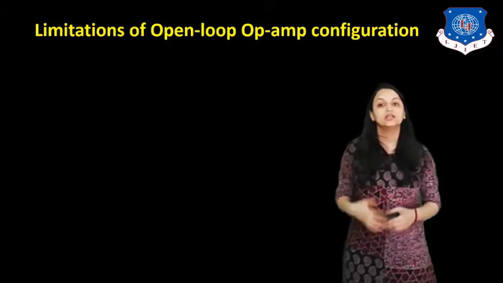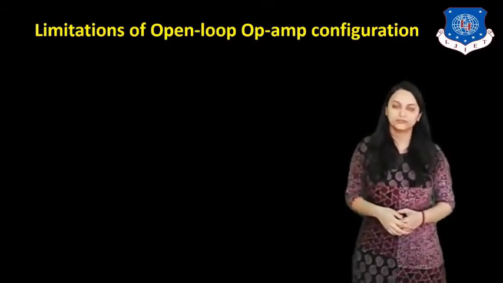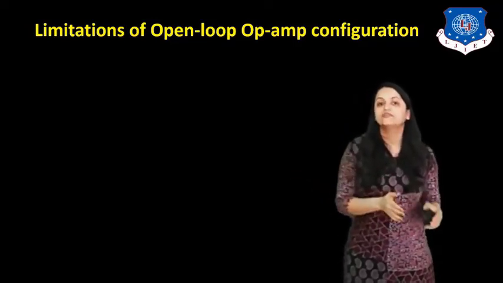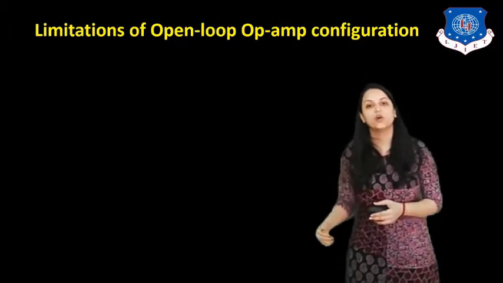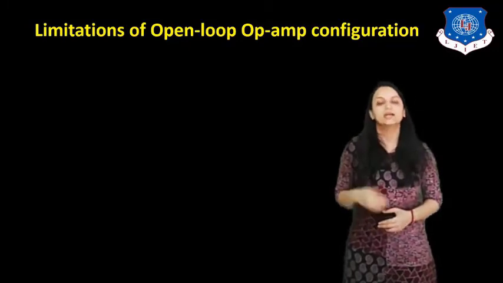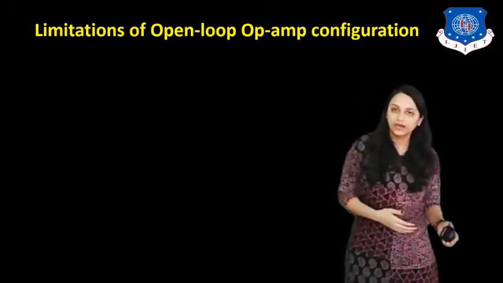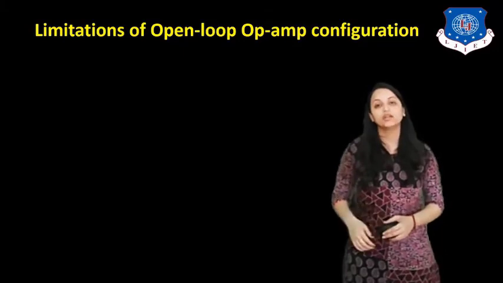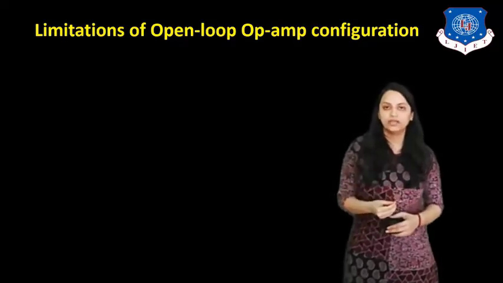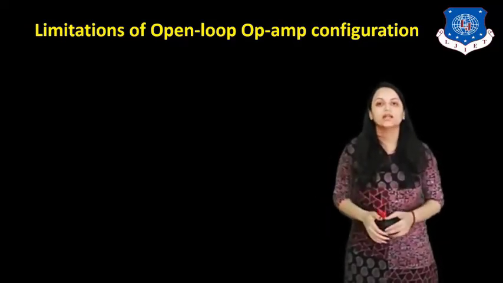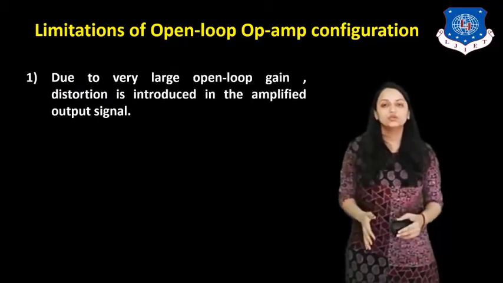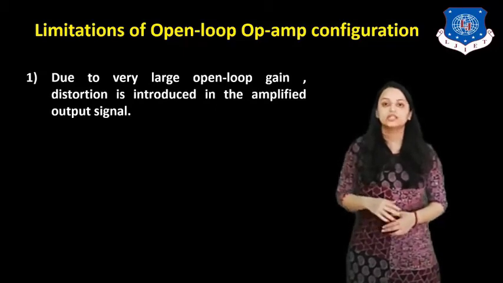Now let us see the limitations of the open loop op-amp configuration. There are some limitations on using the open loop op-amp configurations, and why we cannot use them, and what the drawbacks of it are. We have seen that there are three open loop op-amp configurations: differential amplifier, inverting amplifier and non-inverting amplifier. But what are the limitations of it? If I am not giving feedback, that means some value of the output to the input, what are the limitations of this configuration? So the first one is that due to very large open loop gain, distortion is introduced in